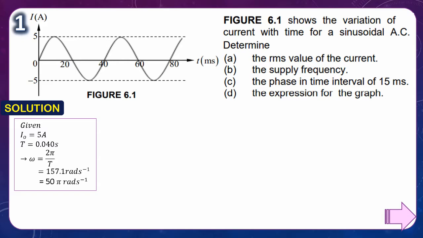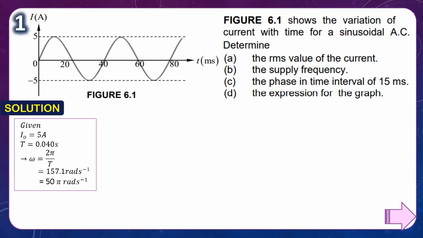Figure 6.1 shows the variation of current with time for a sinusoidal alternating current. You need to determine the RMS value for the current, the supply frequency, the phase in the time interval of 15 milliseconds, and you need to write down the expression for the graph. So referring to Figure 6.1, or the graph given, there is some information that we can get